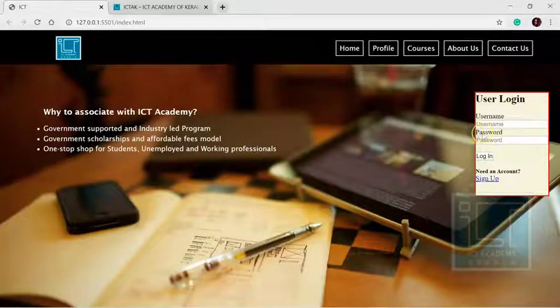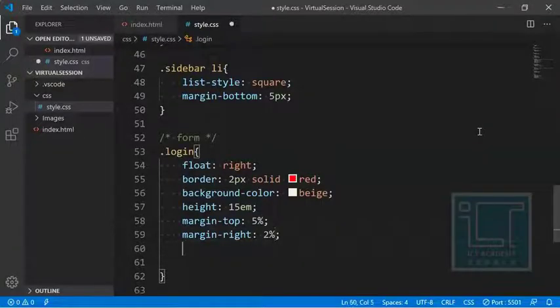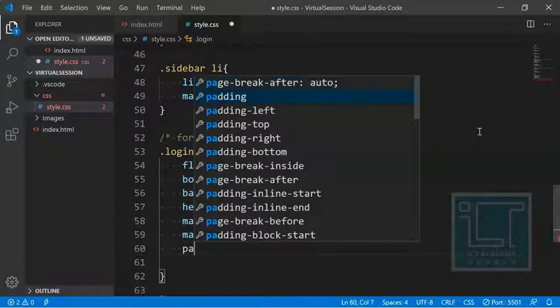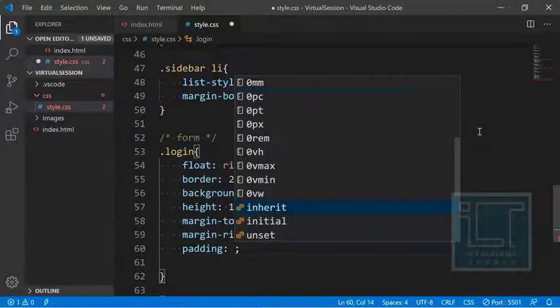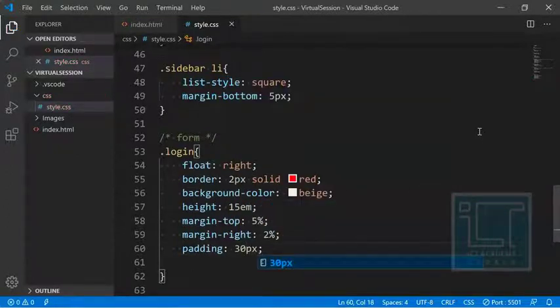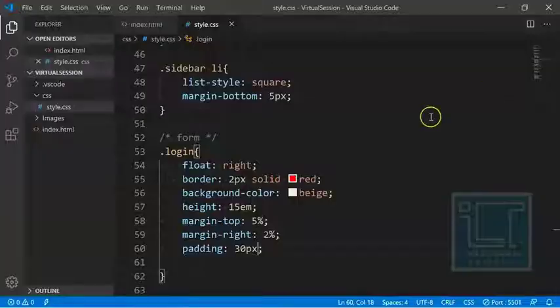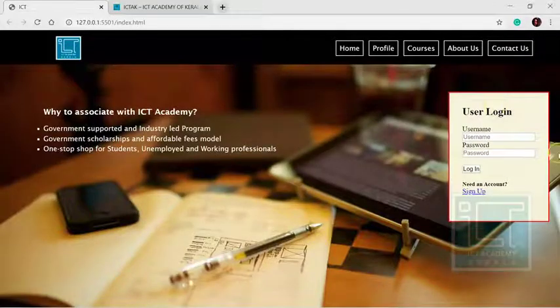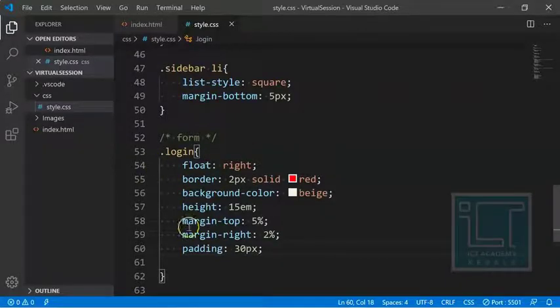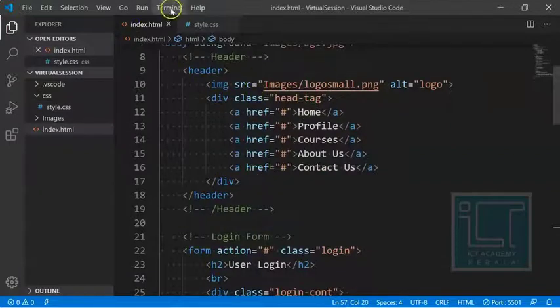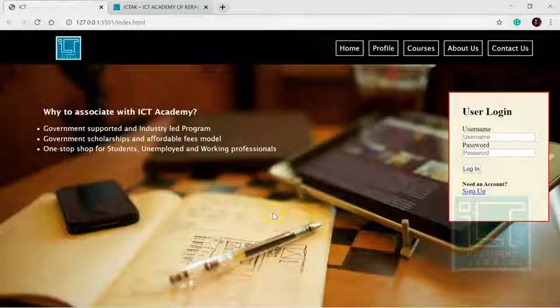Now we need to expand the space between the border and the content, which is the padding. You know what padding is and the difference between padding and margin. So I'm going to give the padding around 30 pixels. Yeah, it's pretty much a standard form. If I give padding 30 pixels, it applies to padding top, padding right, padding left, and padding bottom. So our form's basic style has been done, our contents and everything, our basic styling.